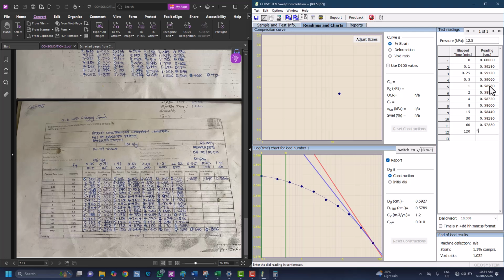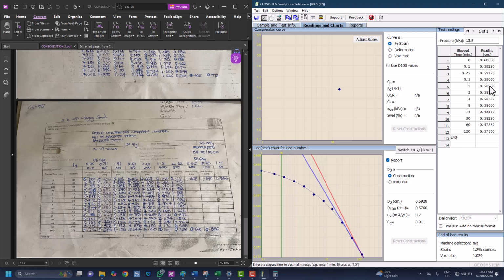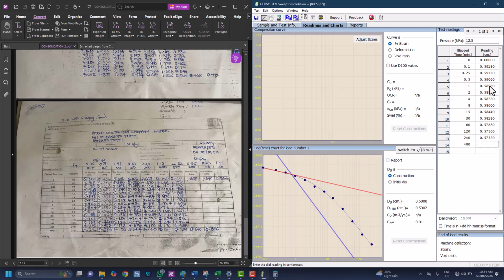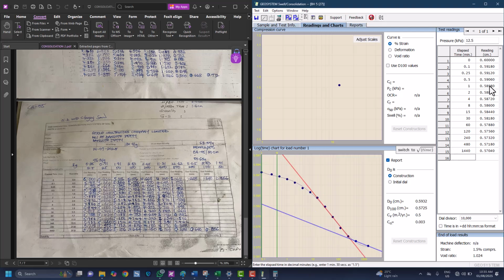I have 5756 at 240. I have 5732 at 480. I have 5718 at 1140. I have 5704. So usually by the time I reach the end of my die reading for a particular pressure,